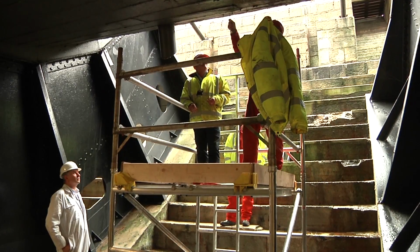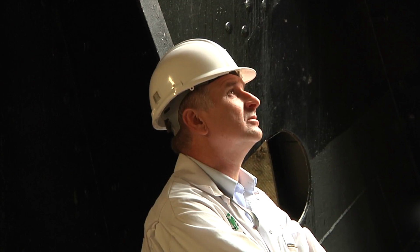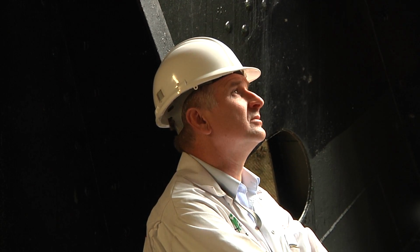A new support system was clearly essential. But how and where should it be placed to stop the sagging? Within the hull, there are some very large timbers called riders. And they're enormously stiff. They carry a lot of the ship load. So it became apparent that our placing props directly under those riders would be picking up a lot of the